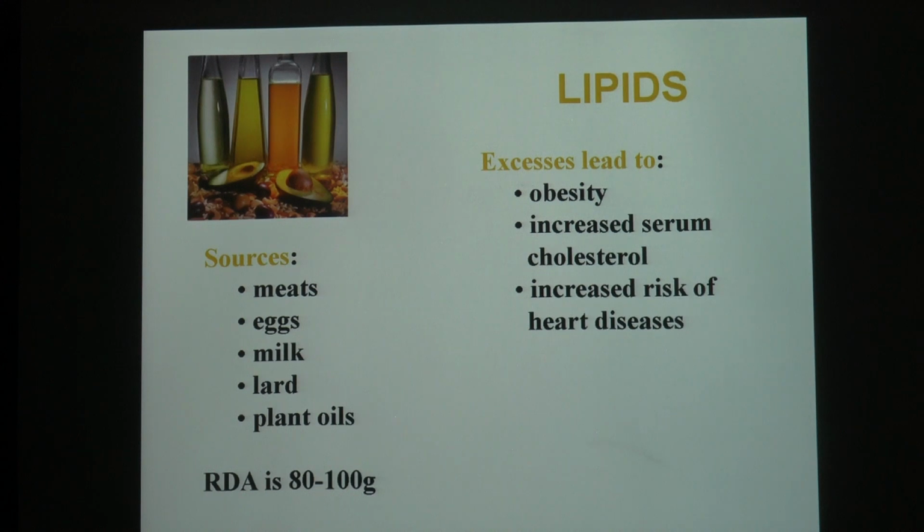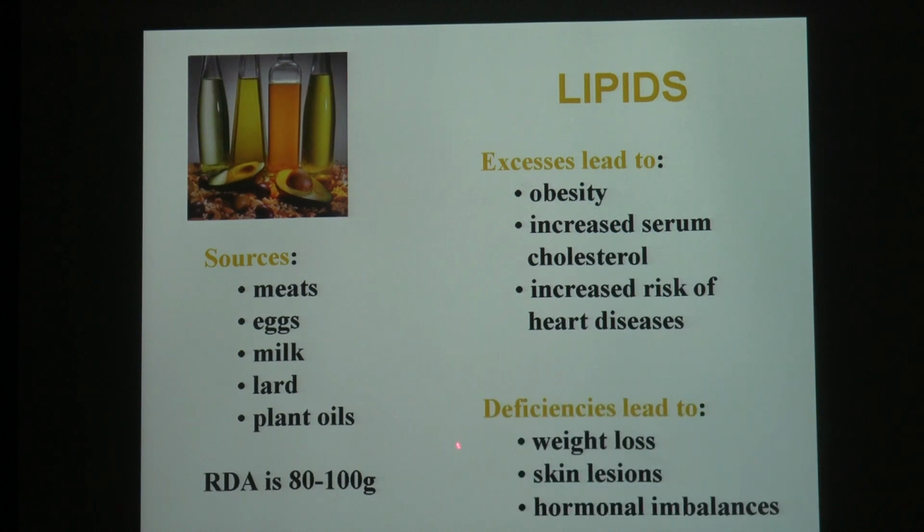Excesses. Now, there's a big debate going on about obesity and the increase in serum cholesterols because in a lot of cases we're finding out that lipids may not be the source. It may be the breakdown of the amino acid and too much amino acid being rotated through the system, as well as the amount of sugar that's in our system at any one time. Okay, so deficiencies can lead to weight loss, skin lesions, big hormonal imbalances. Why? Because remember, there's a whole segment of hormones that are made by what we call cholesterol. Well, what's cholesterol? Cholesterol is a type of lipid, and that cholesterol is creating what we call a steroid ring,